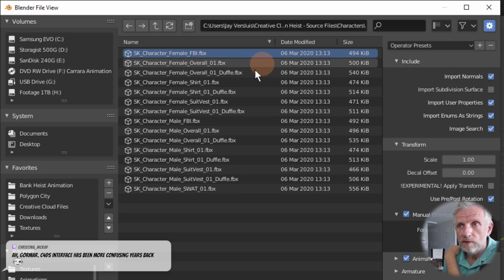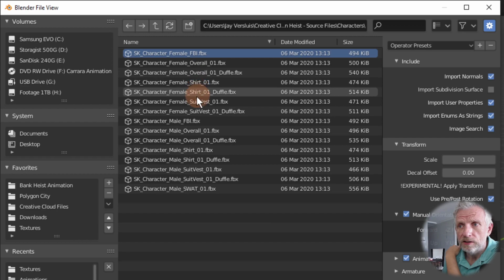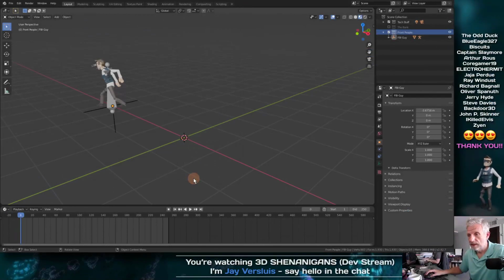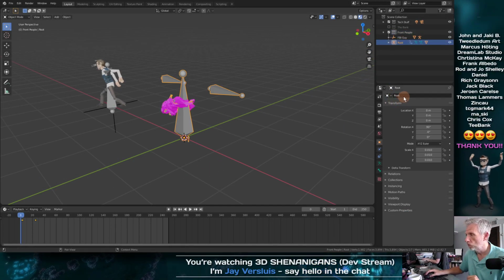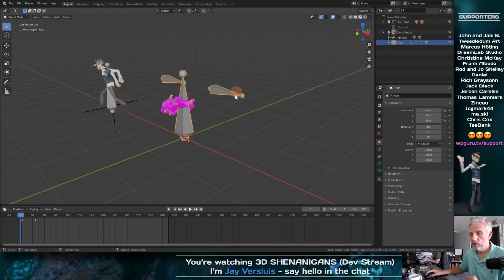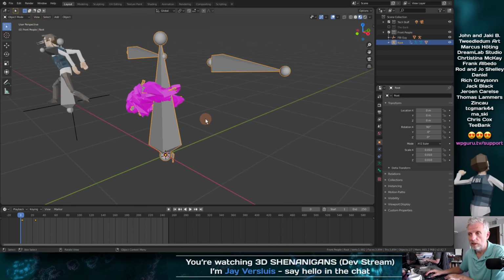First one. These are the overall guys' shirts, so they all don't have a back face. Male FBI guy, female FBI guy, and then there is the male SWAT guy. Let's bring in these two, female FBI guy and the male FBI guy, the male SWAT guy. Those should all still be in place. Let's hit import FBX. See that mess, but that's okay. That's totally fine. We're not going to freak out about this. We're totally relaxed about this.